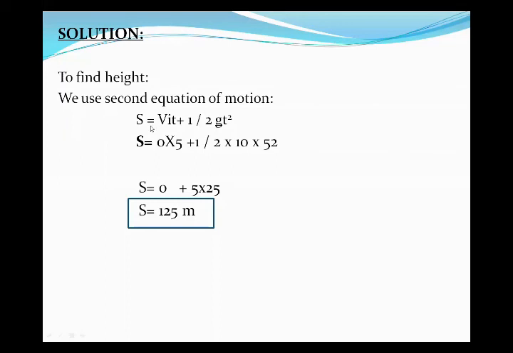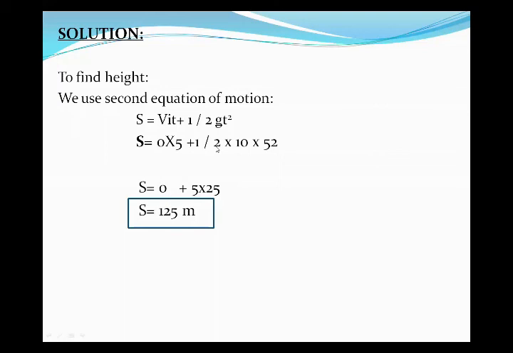So we can say s is equal to vit plus half gt square. vi is 0, t is 5, 1 upon 2 will remain same, g is 10, and time is 5 raised to the power 2. So computing their value and simplifying it,